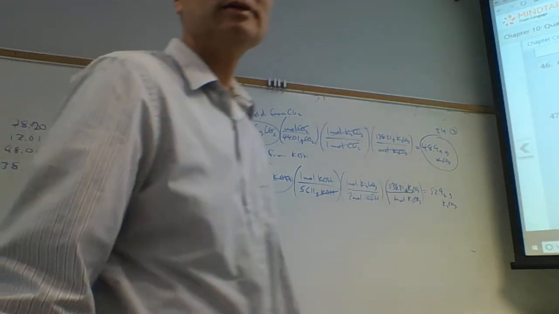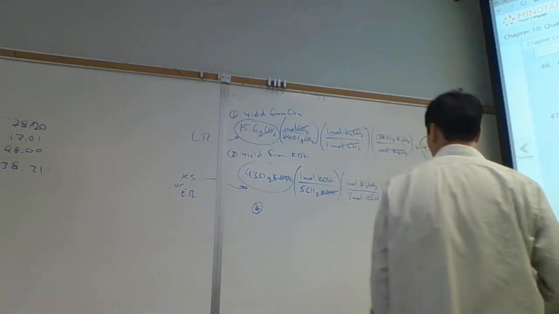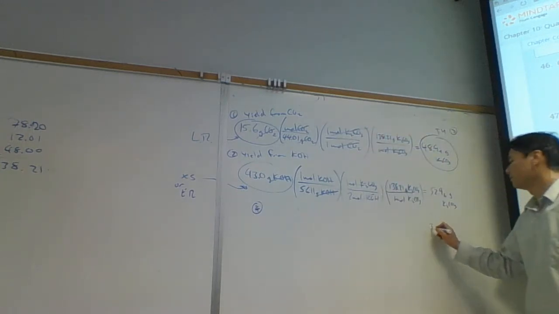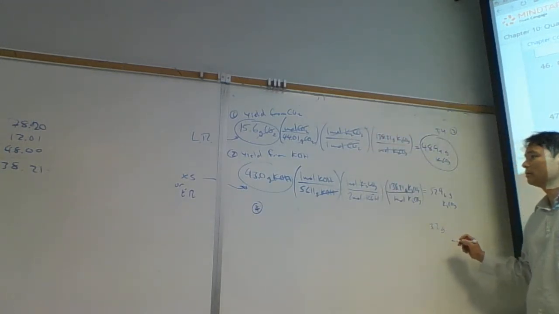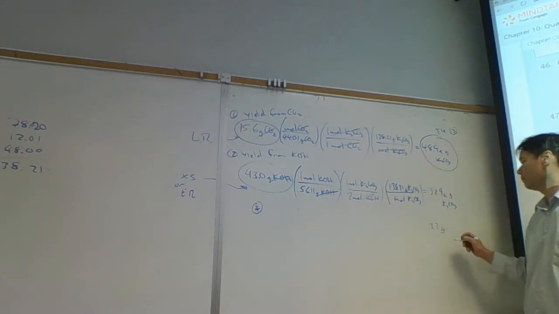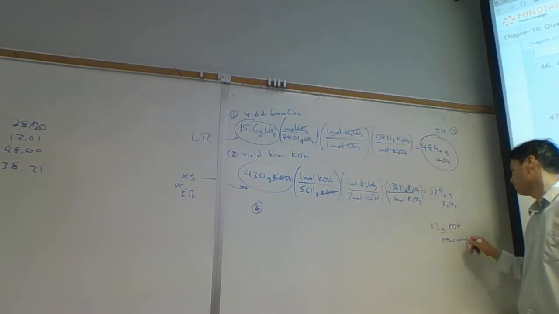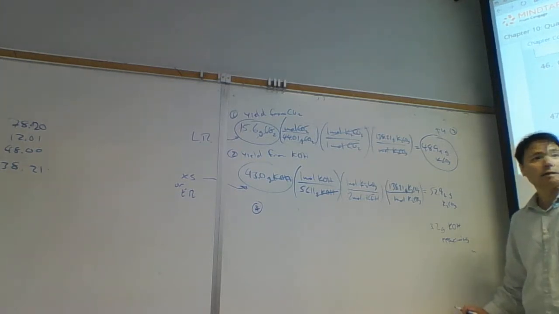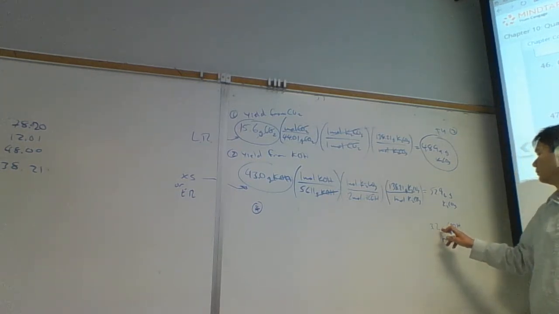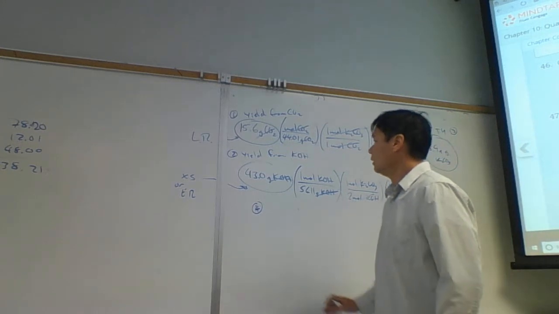Did you get it? What is it? 3.2? So you have 3.2 grams out of the 43 that are going to be left over. So 3.2 grams of KOH remaining. Is that what other people got? Okay. 3.2. All right, and so